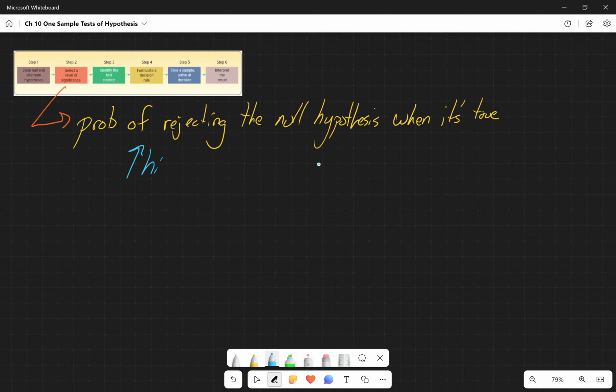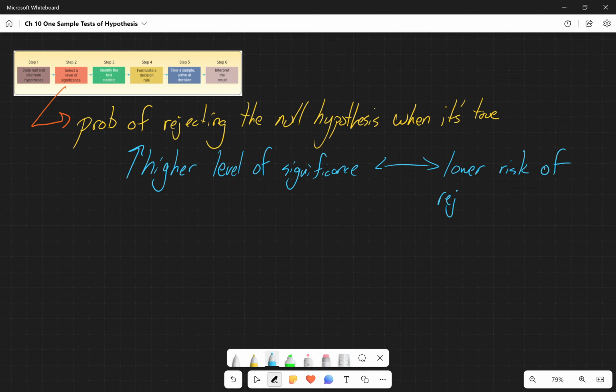So the higher the level of significance, the lower the risk of rejecting the null when true. But also the higher the level of significance is going to result in a higher critical value,